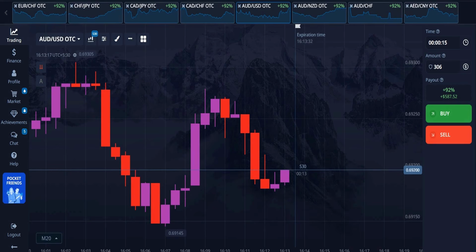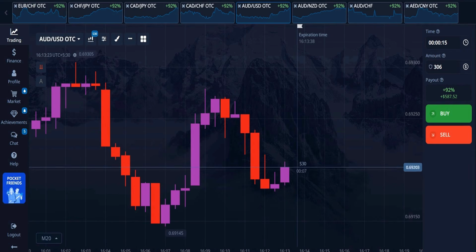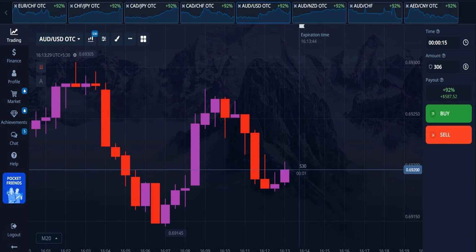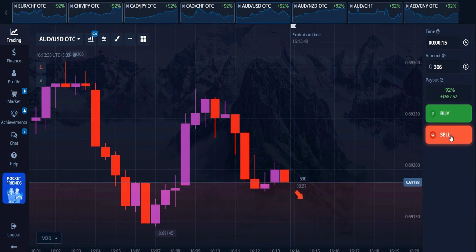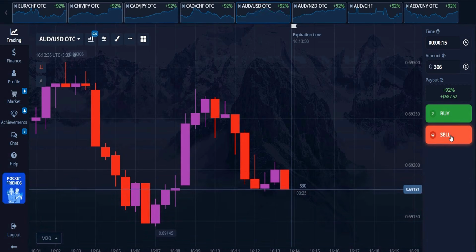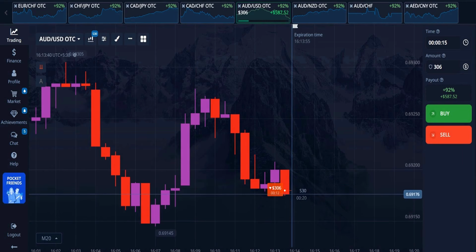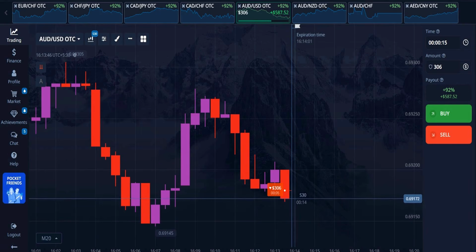All right, traders, now we'll wait patiently for this candle to close. Why? Because we always want to observe the next candle's first 5 seconds before making any move. And here it comes. Look at that. The first 5 seconds of this new candle show a strong and steady downward movement, exactly what we need for a sell trade. This is the moment to act. Don't hesitate when you see such a clear signal. We immediately entered a sell trade, and